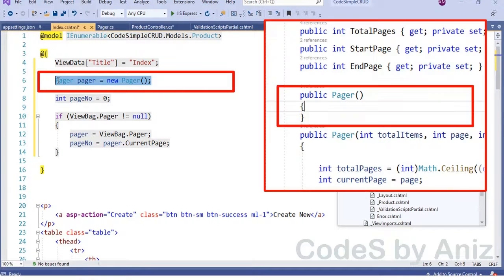First, we are declaring a variable of type pager and assigning it an empty pager class. Do you remember I had created two constructors in the pager class? So it becomes easy to declare a pager variable with default values. Then add a variable named pageNumber of type integer and set it to 0.